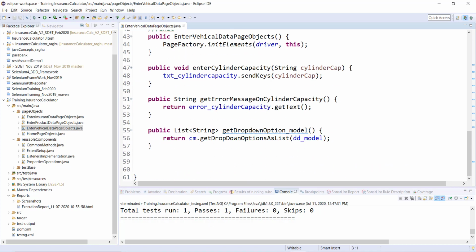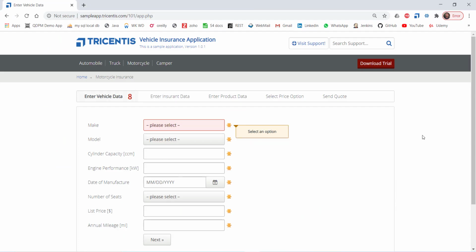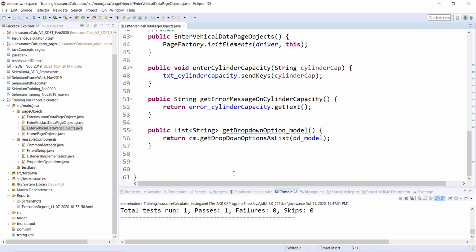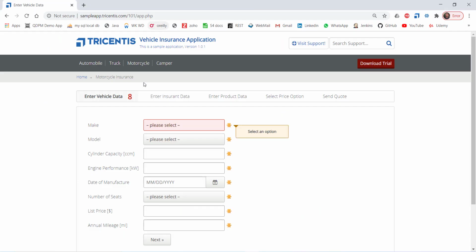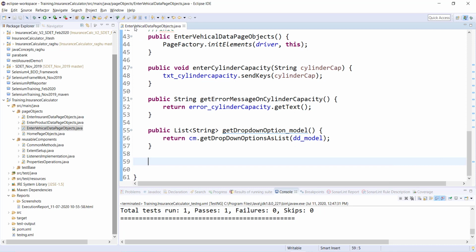Since on this particular page what I'm trying to do is enter the vehicle data, I'm going to fill in all this data. So I will create one method in the page object class of the respective page. I want to fill the data on the enter vehicle data page, so that's the reason I am on the enter vehicle data page object.